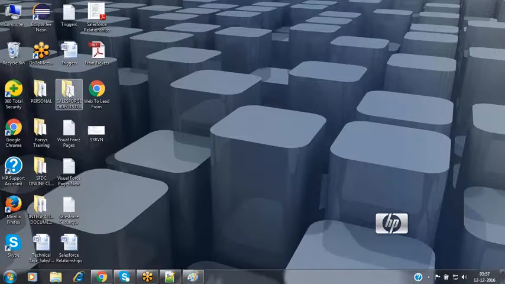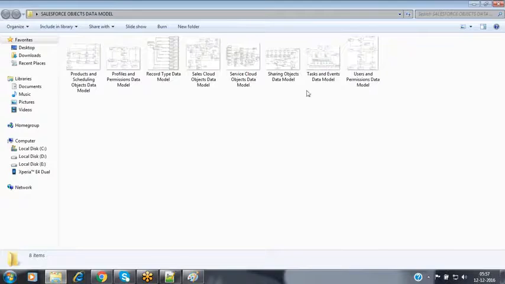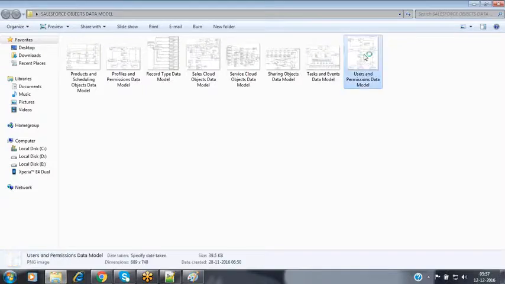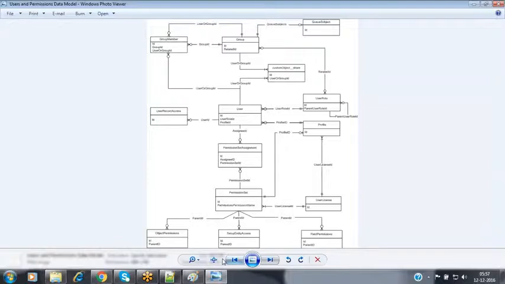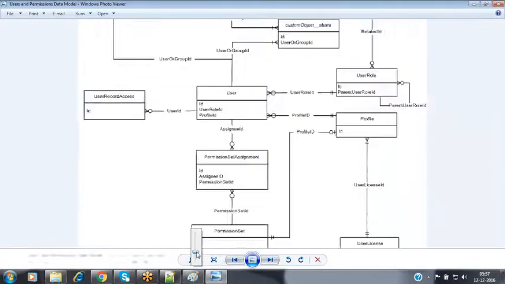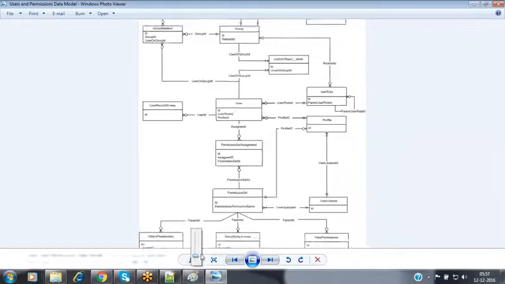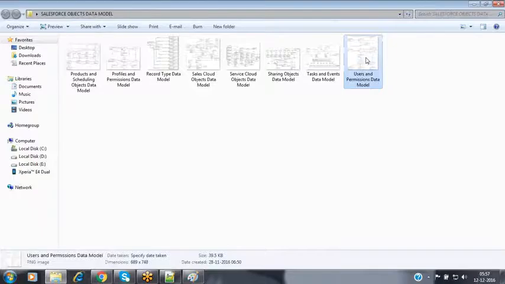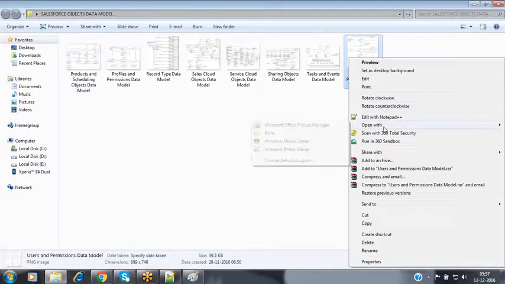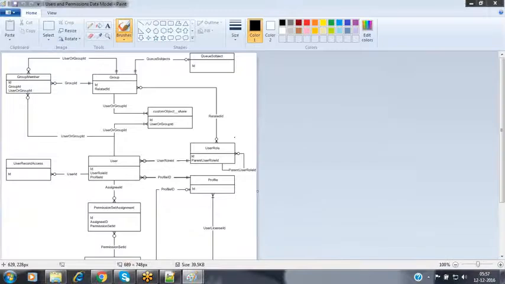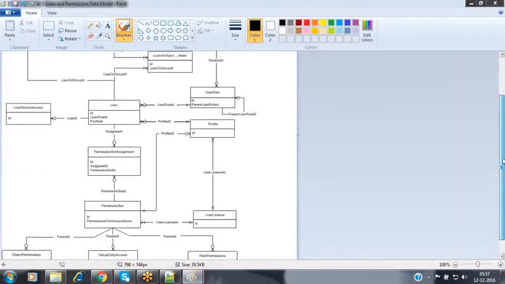Between the users and the profiles, now let's see over here.